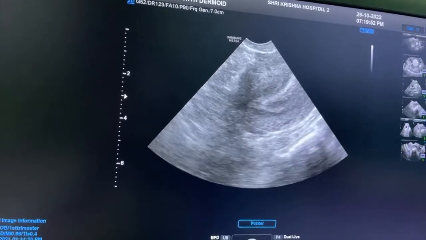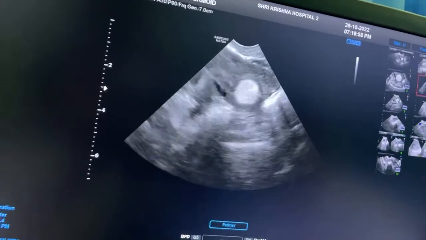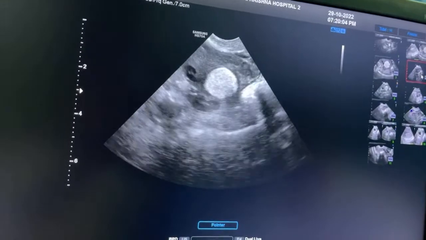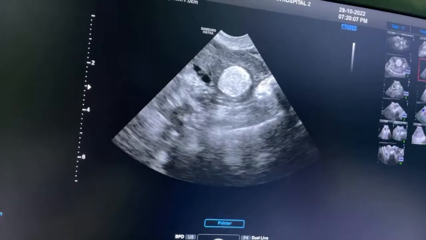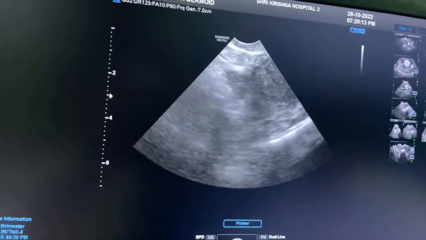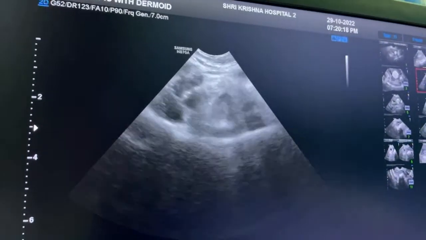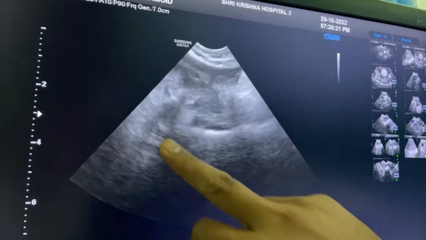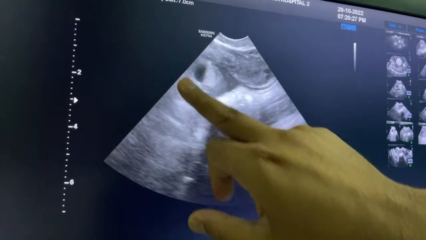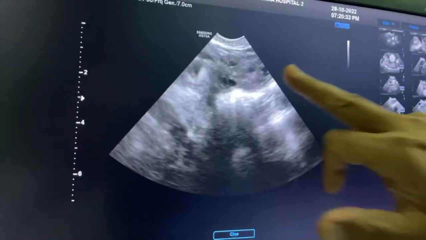Now see this. I am showing you the first ovary, one ovary. Now we will go to the other. Always compare both the ovaries, whether you are doing transabdominal or TVS. Now if you see carefully, let me go back. There is some echogenic mass. Isn't it a round echogenic mass around this ovary?